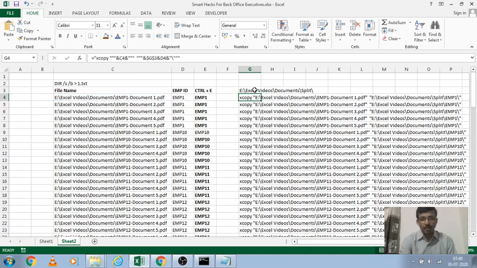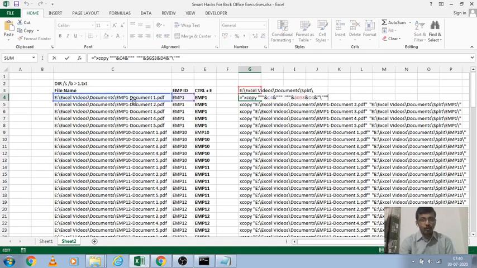The path is also put in a single cell that has been linked in the formula. Now I have linked the source file name and the destination path, and the destination path has been suffixed with the employee ID, so that this employee ID is the subfolder for us.